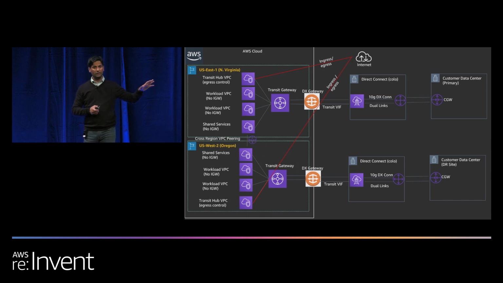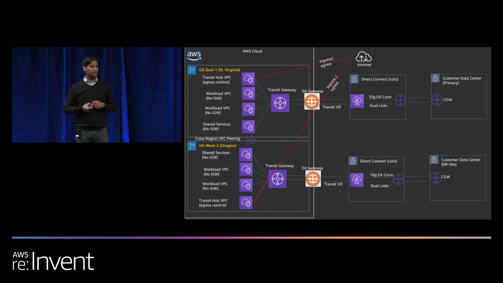And then last year we introduced the concept of transit gateway and DX gateway. The advantage of this is, first of all, if you are a large, again, go back to the previous example, you have hundreds of accounts, and you have a regulation to maintain VPN connections, then you have to maintain the BGP connections of all those VPNs between the CGW, the customer gateway, and the VPG, which is the virtual private gateway. That becomes another operational nightmare to maintain all those VPN connections. So with this design, the transit gateway becomes your hub and spoke model, where the hub is the transit gateway and the spokes are the spoke VPCs.